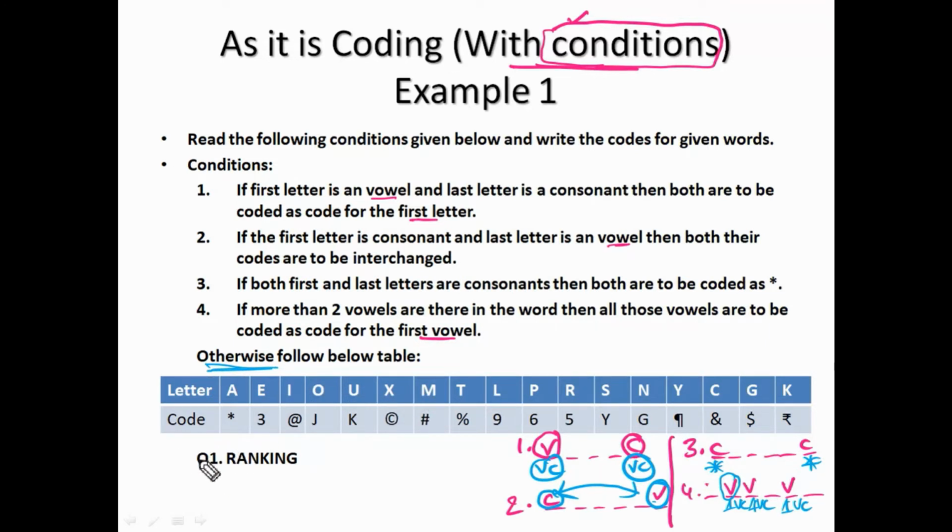See one more thing here. While checking the conditions for a particular word, if condition 1 is satisfied, is there any need of checking the remaining conditions? Yes, you have to say yes. Don't say no, sir, already condition 1 is satisfying, so why do we need to check the remaining conditions? There may be some words which satisfy more than one condition simultaneously. So whether they follow or not, check all the conditions for every word.